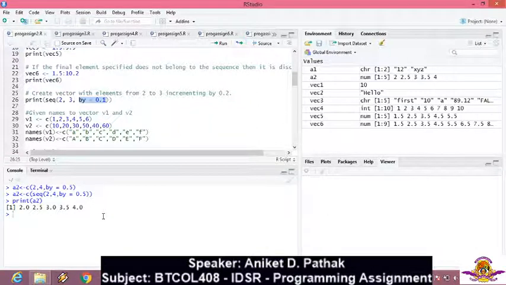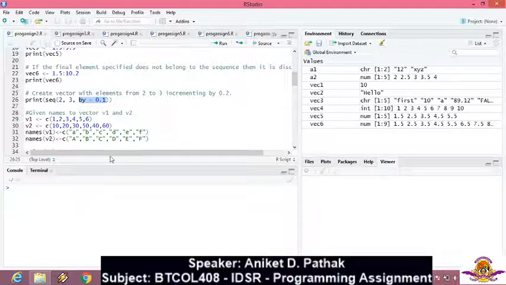So this is the way you can create the vectors. First we saw a single atomic vector, that is a vector with a single value. Next we saw a vector that has different elements. Next we saw how to fill in the values in a vector when we have a starting value and an ending value, in which the increment factor is 1 by default. In another one, using a sequence function, the value is incremented by the incrementing factor that we choose. Now again I clear the console.